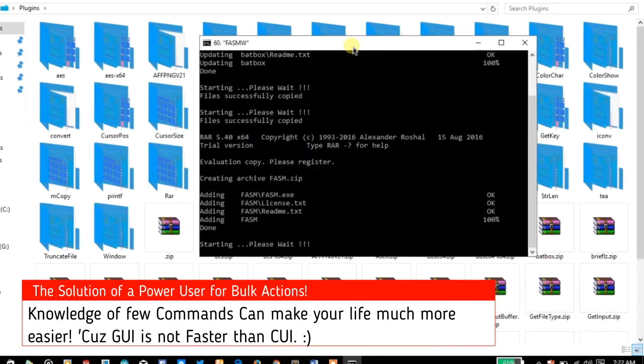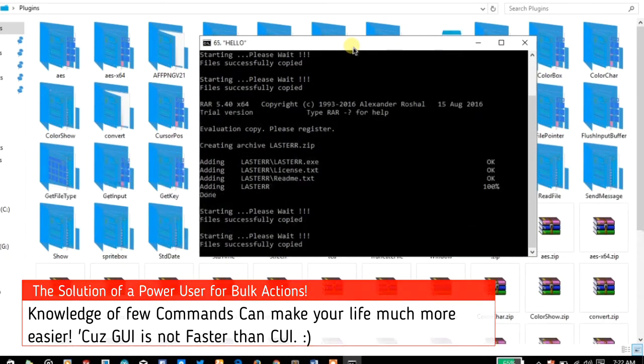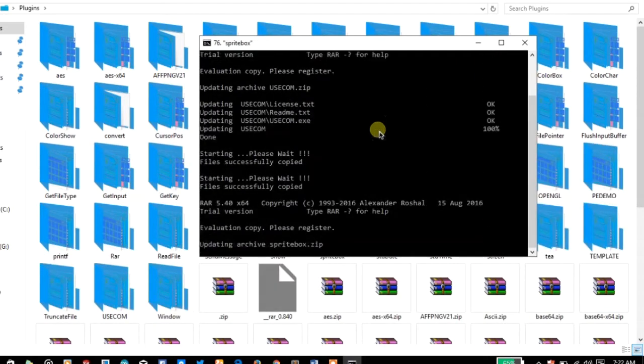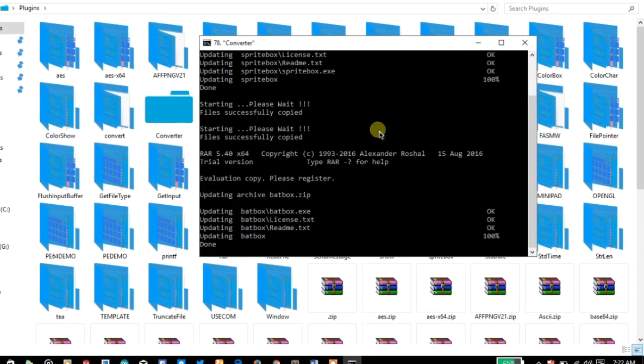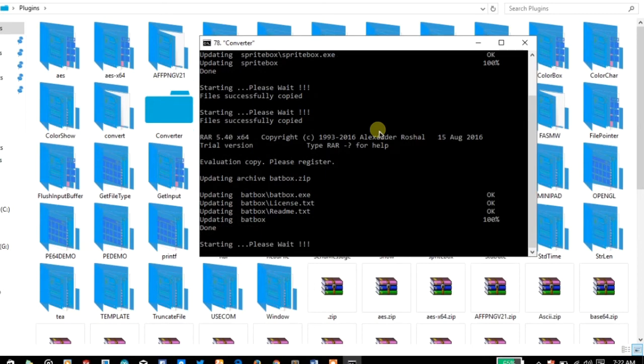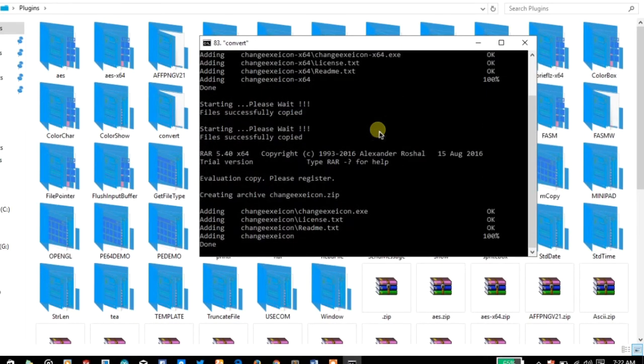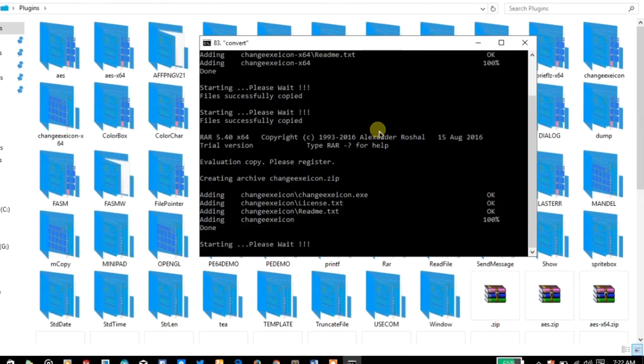wasting your useful time. So if I have to do this thing for all the 150 plus plugins, it will take ages. But here we are working smart instead of hard. So let it complete its work,